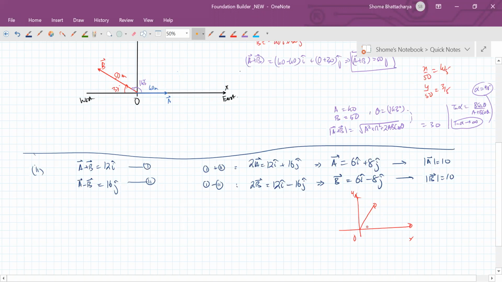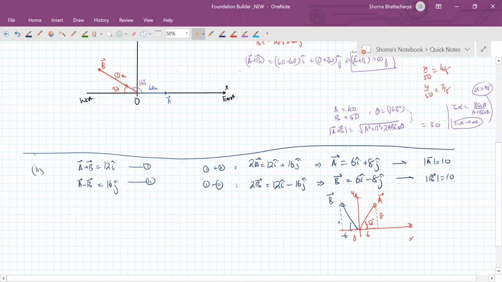It is like this. This angle will be how much? This is 8, this is 6. So this angle will be 53 degrees. This is vector A. So sorry, the angle will not be 108, sorry, 106. It will be twice of 37, so that is how much? 74 degrees. Okay. The vector B will be like this, no?